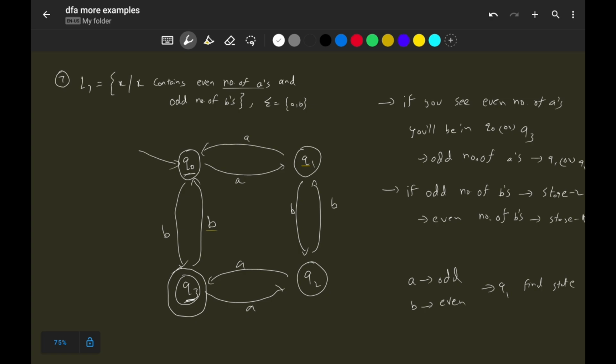Because if you see an odd number of A's, you will be in either Q1 or Q2. But if you see an even number of B's, you will be in stage 1, so you will have to make Q1 your final state if you want a DFA that represents an odd number of A's and an even number